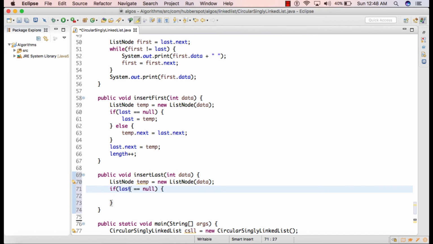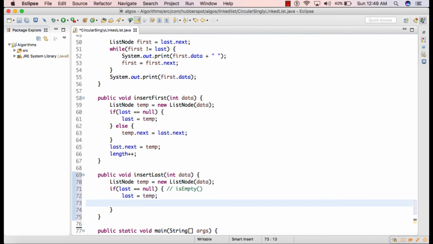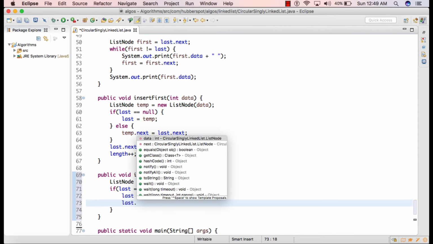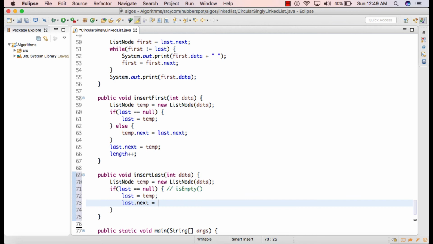So we'll simply check whether last is equal to null or not, or we can also call isEmpty method, which we have discussed in my previous tutorials. So friends, if the list is empty, then we'll simply assign value of temp to last, and in the second step we'll simply assign value of last to last.next, which we discussed in the slide, and in the else part.